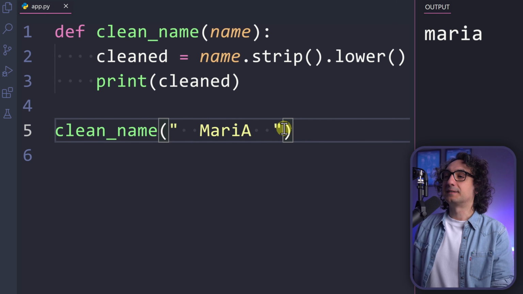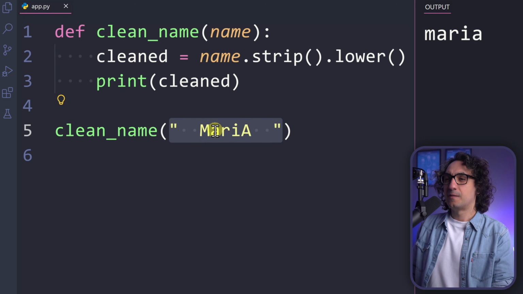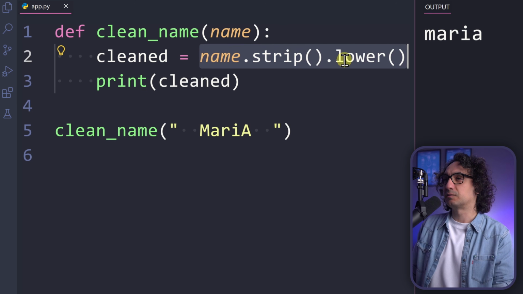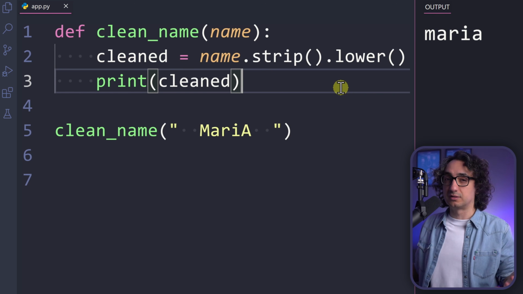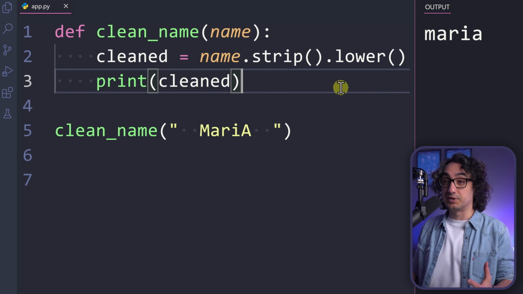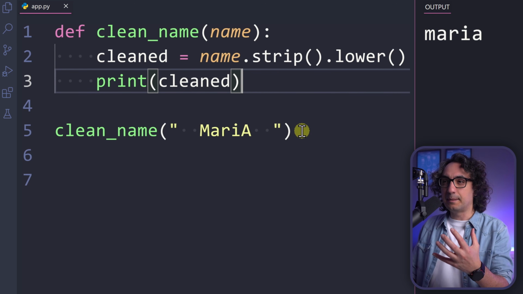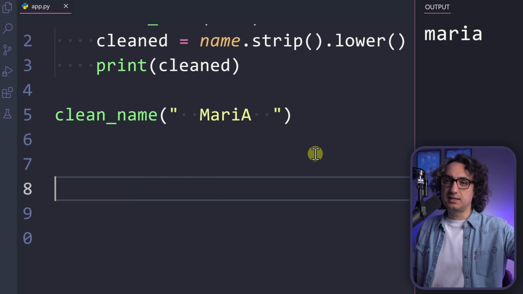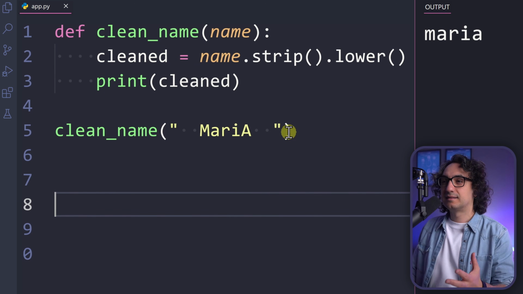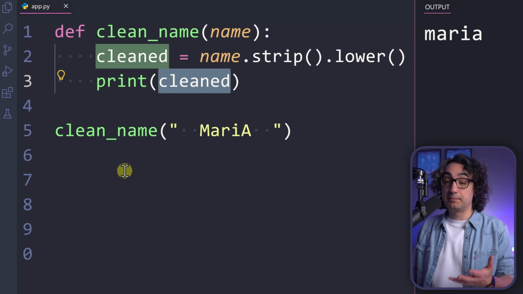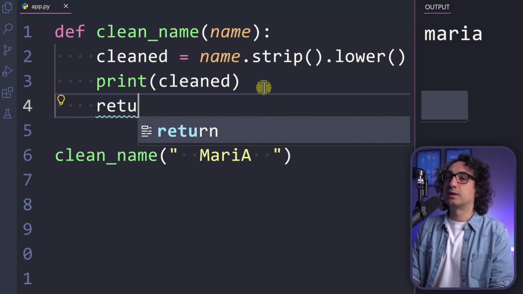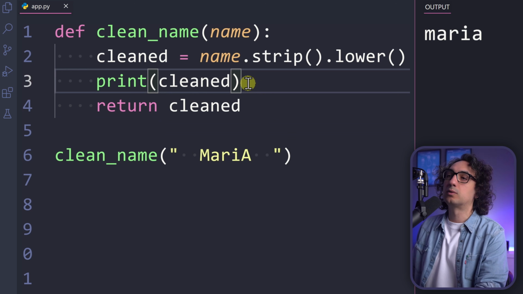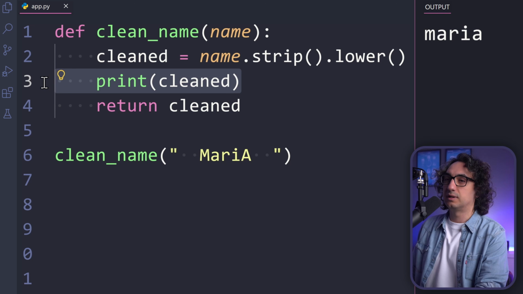Okay, so now looking back at our example where we are sending a row data, the row name, and then we are cleaning up the name by removing the spaces and making the case lower. But now the thing is, I'm just printing the value in the output and that's it. And this is not something that we usually do in projects. Usually we do a step, we clean up the name in order to use it in the next steps inside my code. So by leaving it like this, I'm losing this cleaned value in my program. So that means we have to return this value. So our example becomes more realistic. At the end, we're gonna say, you know what, go and return the local variable that holds the cleaned value. So I will remove the print.